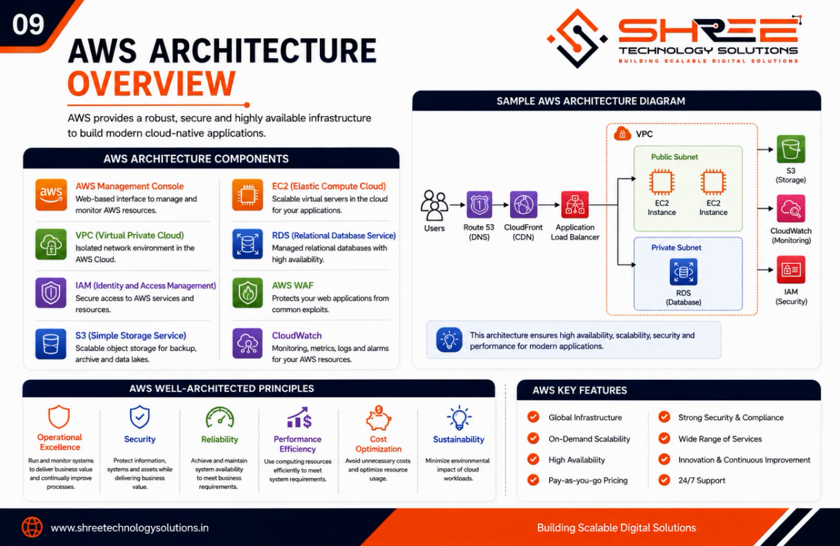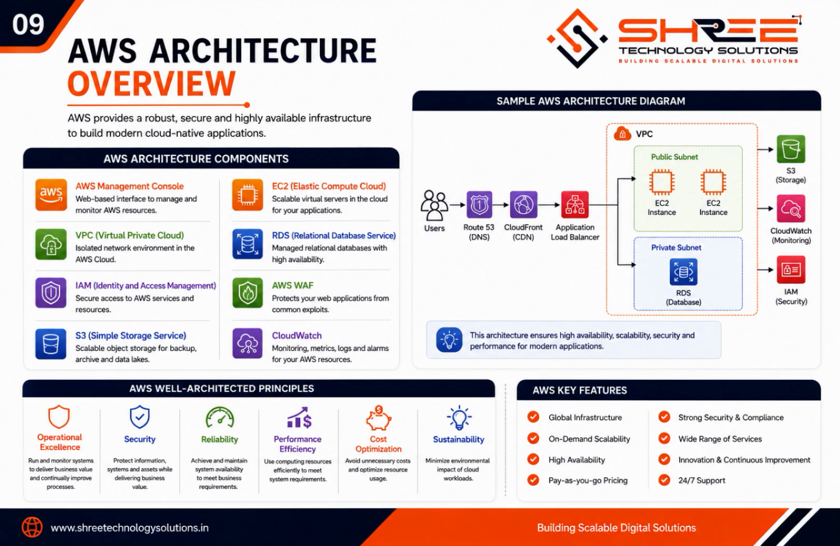Let's explore the AWS Architecture Overview. AWS provides a robust, secure, and highly available infrastructure to build modern cloud-native applications. Key architecture components include the AWS Management Console for web-based access, VPC for isolated networking, IAM for security, and S3 for scalable object storage. For application deployment, EC2 provides compute power, RDS manages databases, WAF protects against web exploits, and